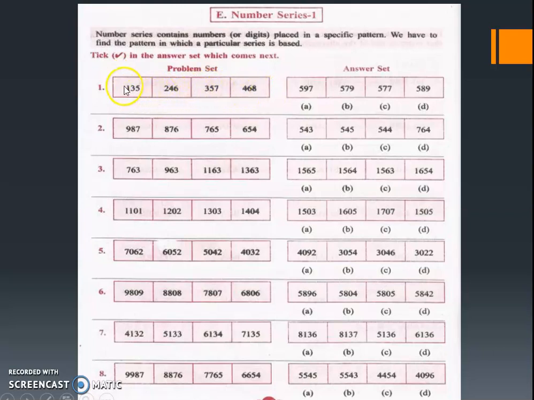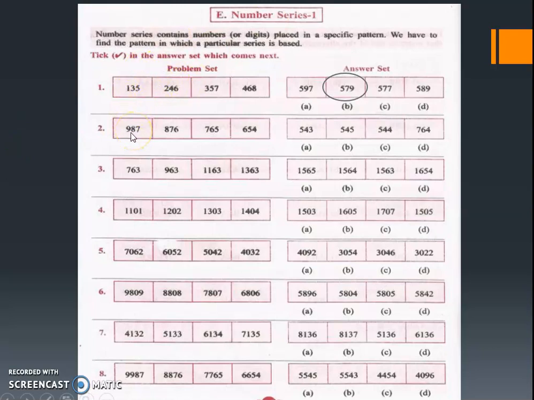If you are checking it, take the first number alone: 1, 2, 3 and 4. For the second number: 3, 4, 5, 6, right? Then for the last one: 5, 6, 7 and 8. So if I am checking the individual numbers, the next value keeps coming, right? After 1, 2 is coming, after 2, 3 is coming, like that. After 5, 6 is coming, right? So after 4, it is 5. After 6, 7. After 8, 9. Whether that answer is there or not: 5, 7, 9. It is there, right? So I have to circle it over here. Is this clear or not?